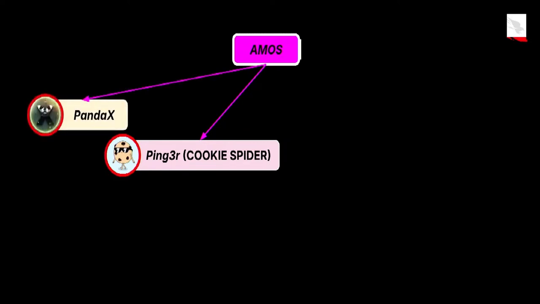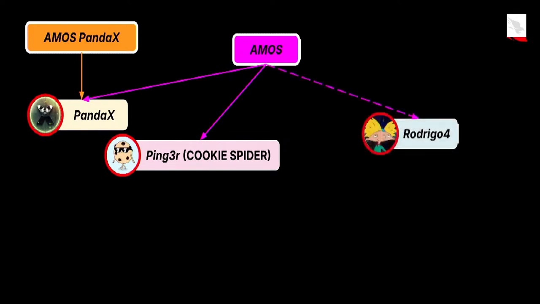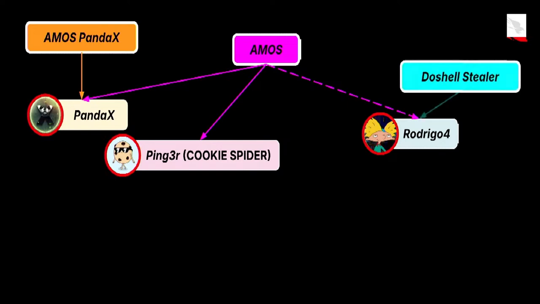At some point, they started selling their own stealer, but really it was an exact copy of AMOS. Finally, another likely member of AMOS was Rodrigo 4. Rodrigo 4 is the operator of a stealer we track as DoShell. So DoShell, that project started in September 2023, a few months after AMOS. So Rodrigo 4, a bit about him, he's known for constantly rebranding their project names. He first started calling it